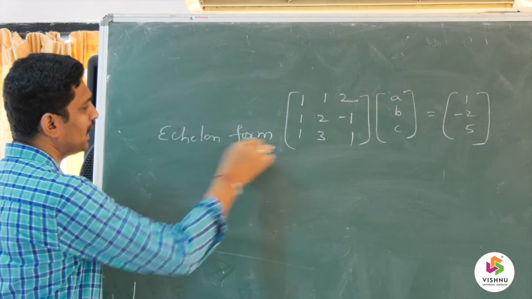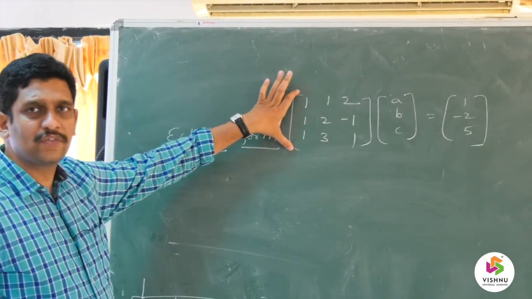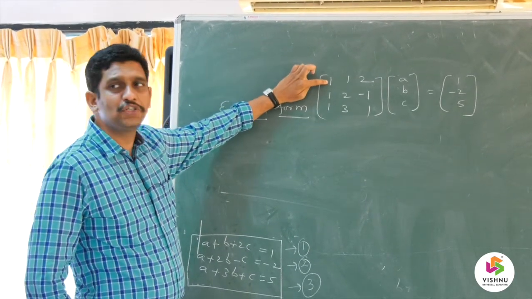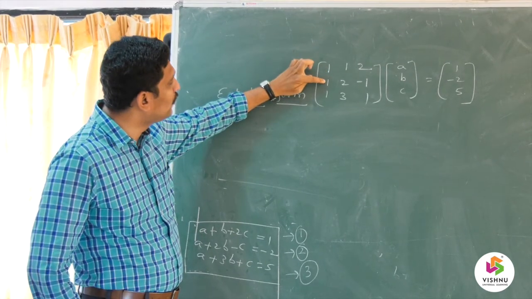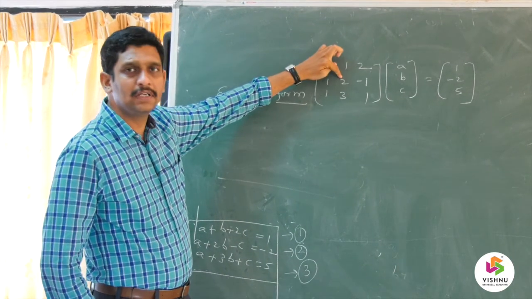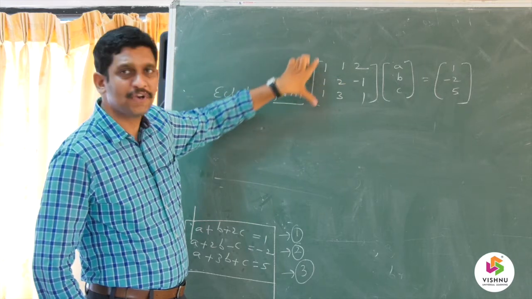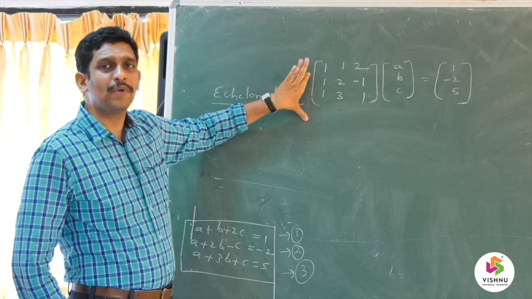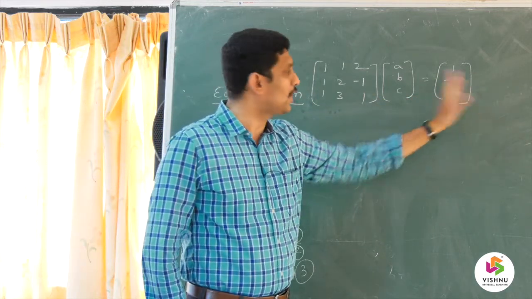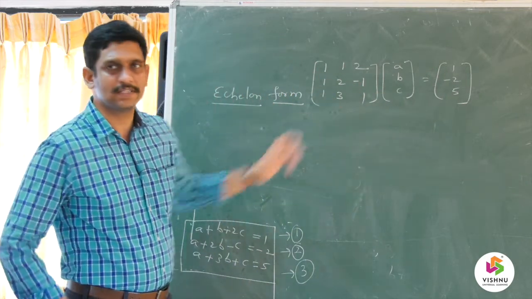I hope you have studied echelon form at the intermediate level, which is nothing but whenever you have a square matrix or generally rectangular matrix, we take the first row first element and all the values before this must be 0. Then we take second row second element and all the values before this must be 0. So like this we are going to apply the row operations on this. Whatever the row operation is applied on the LHS matrix, the same thing will be applied on the RHS as well. So you are not applying different operations, you are applying the same operation on LHS as well as RHS.